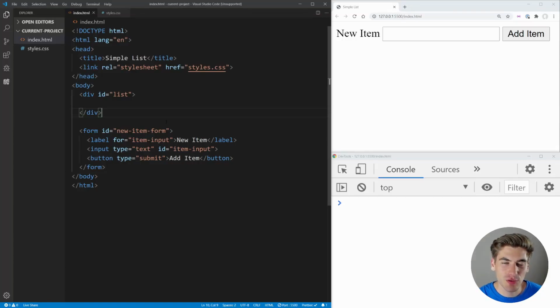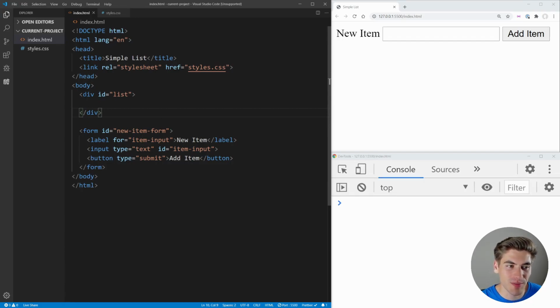In the last few videos, we've learned a bunch about the DOM and different ways that we can interact with it, with selecting elements, adding event listeners, changing things, adding new elements, and so on. So in this video, we're going to combine all that together to create a really simple to-do list application. And for this video, I'm going to have some starter code that you can use to get started with this